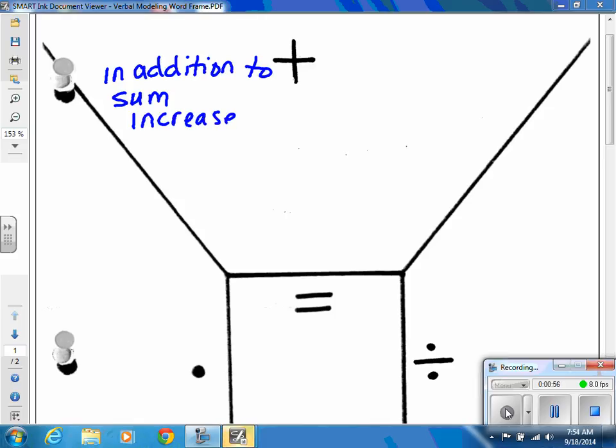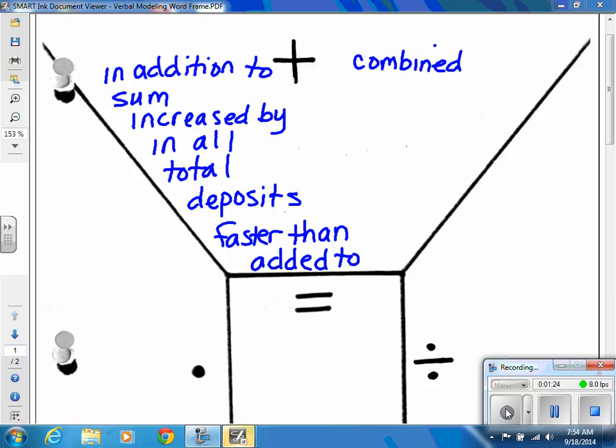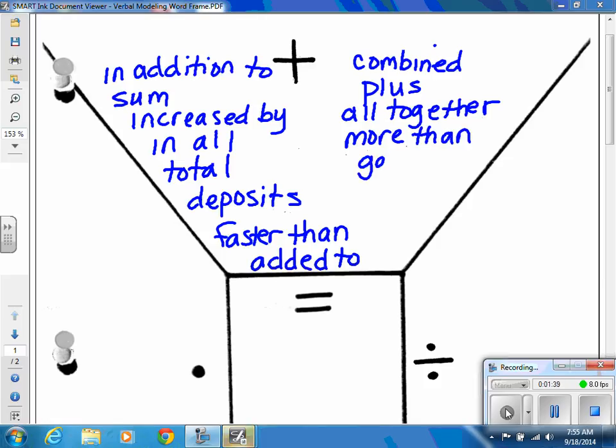increased by, in all, total, deposits, faster than, added to, combined, plus, altogether, more than, gains,